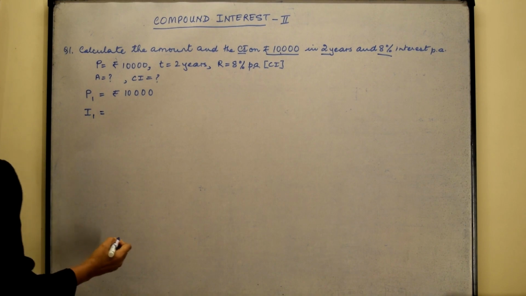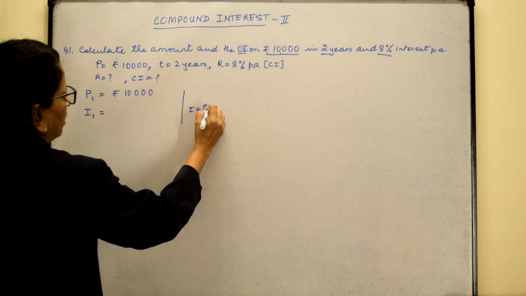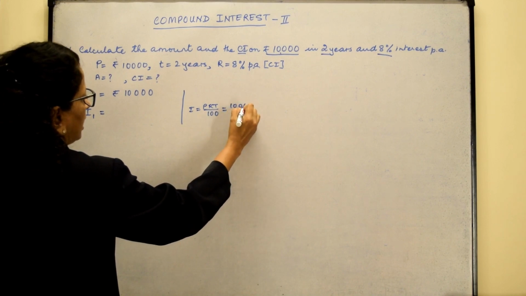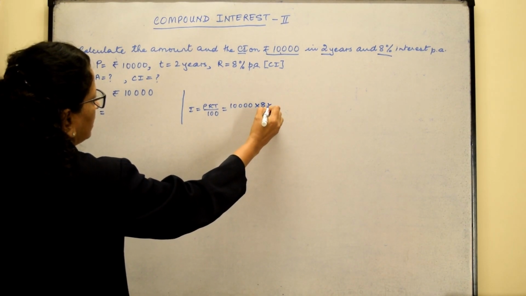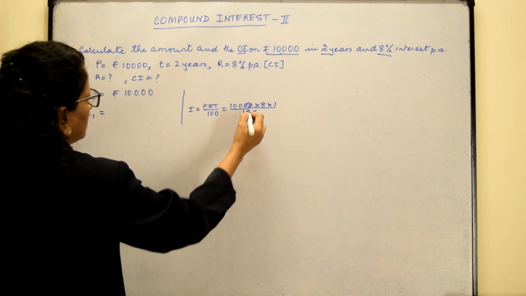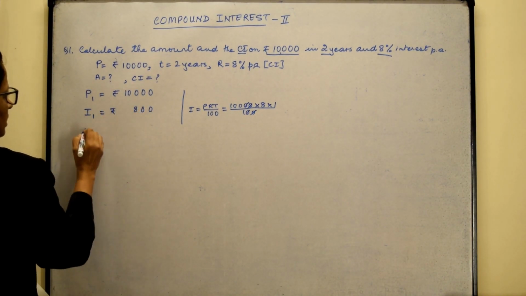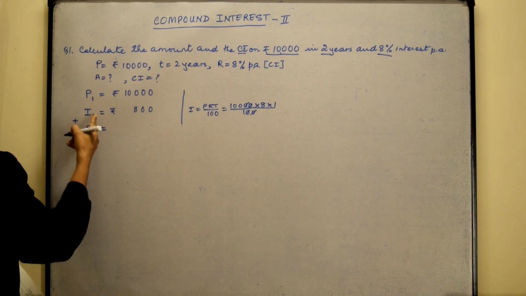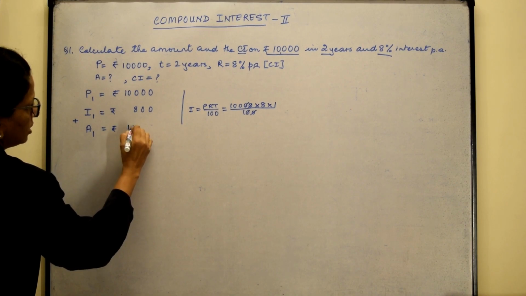And for the interest, I need to use the formula. Interest is PRT upon 100, which will take 10,000 rupees as the principal. The rate is given as 8 and the time for the first year is 1, and that upon 100. So the interest comes out to be rupees 800. So now amount after 1 year, the principal and the interest will get added up, and the amount becomes 10800